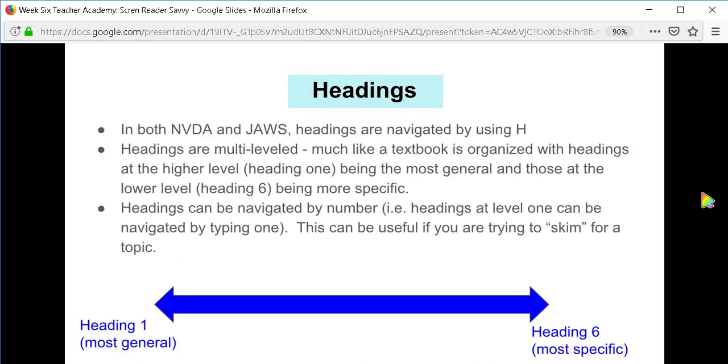Let's just talk a minute about headings. In both JAWS and NVDA, headings are navigated by using the letter H. Just like we talked about in Word in the previous presentation, headings are multi-leveled. They're much like a textbook is organized, with the headings at the higher level, like heading 1, being the most general, and those at the lower level, 2, 3, 4, 5, 6, all the way up to 6, being much